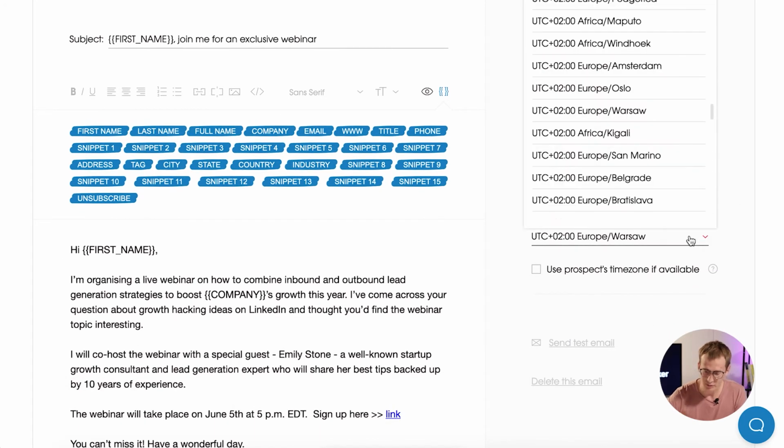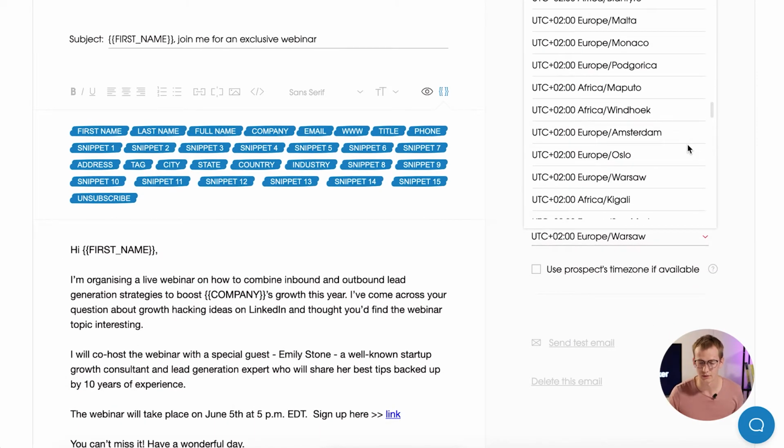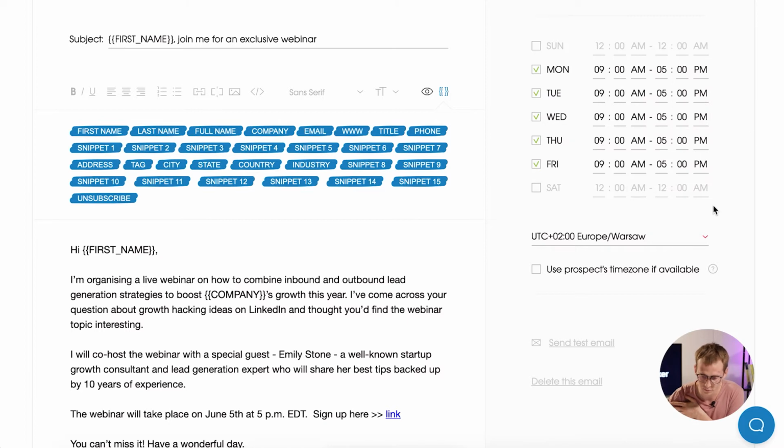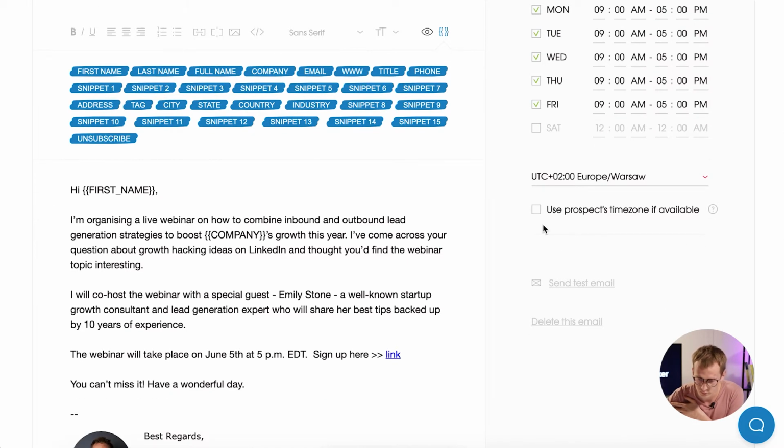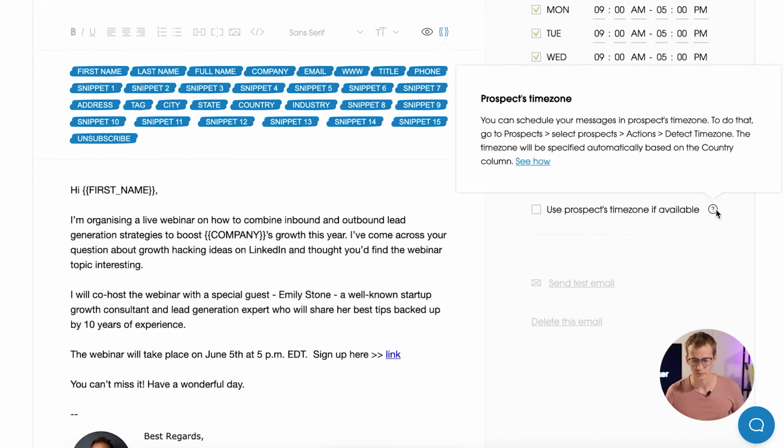Yeah, and then you can specify a time zone. So if you send those emails to prospects that are based in US or in Europe, don't forget to specify a time zone. There's also an option, use prospect's time zone, if it's available. If in your database you have data about individual time zones of particular prospects, you will be able to use this option, and each prospect will be contacted within a specific